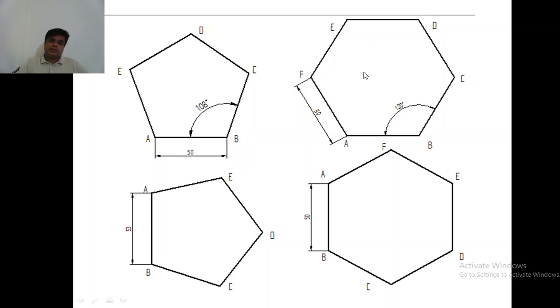So here in this hexagon, AB is horizontal and D is also horizontal, whereas in this hexagon AB is vertical, D is also vertical. So you can draw depending on the problem, depending on the statement of the problem, you should be drawing the hexagon with one edge horizontal or vertical. Similarly, a pentagon you can draw with one edge horizontal or vertical. Anyway, when you solve the problems, you'll understand how to practice drawing these shapes.